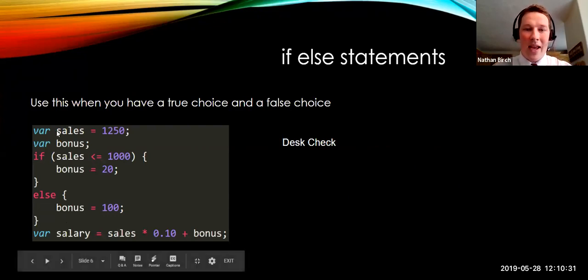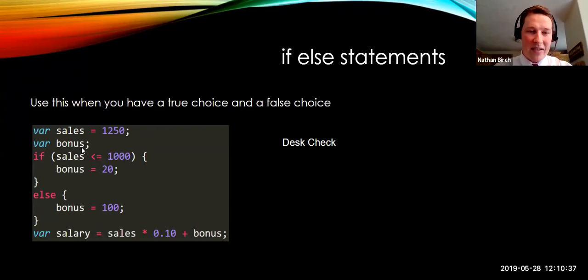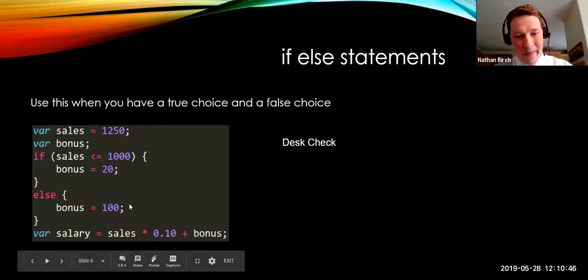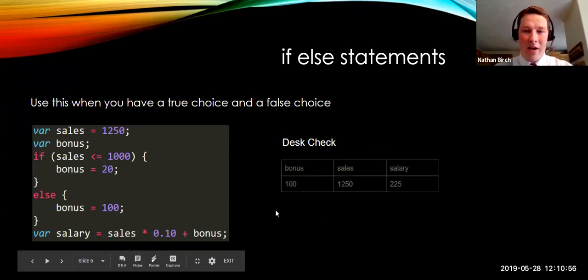Okay, so right here, I have var sales equals 1250. I declared bonus right here, but I didn't assign it anything. And I said, if sales is less than or equal to 1,000, then bonus equals 20. Else, bonus equals 100. And then regardless of these statements, this final line of code will always be executed. So right here, if we look at our desk check,